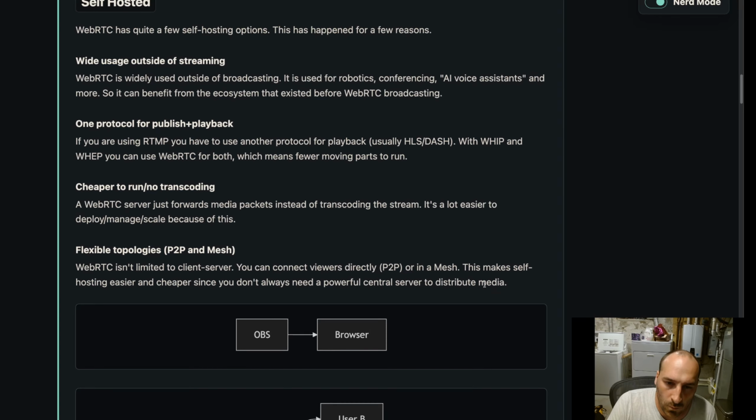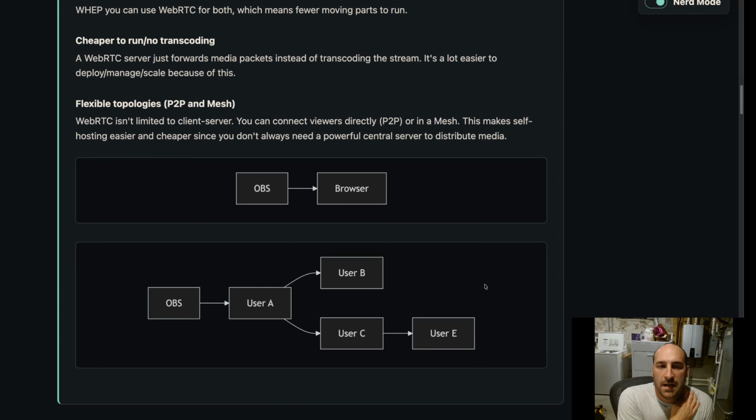And one thing that is particularly interesting to me is WebRTC supports peer-to-peer. So with OBS today, you think, okay, I upload to a server and then someone downloads from the server. With WebRTC, you can actually just push video straight to your browser. So if you only have one person that you want to watch your stream, you could go straight from OBS into Chrome or Firefox, and with no servers in the middle, your video packets flow right there. And so you save on server costs, it's going to be faster, it's going to be more secure, and